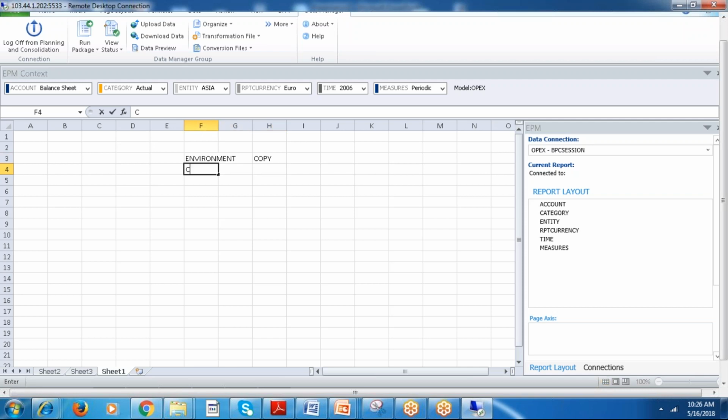Create the dimension, whether entity, currency, or any user-defined dimension, and assign the dimension into the model. Once you assign the dimension into the model, connect to the EPM Office add-in. Once you connect, upload. Up to here you practice.